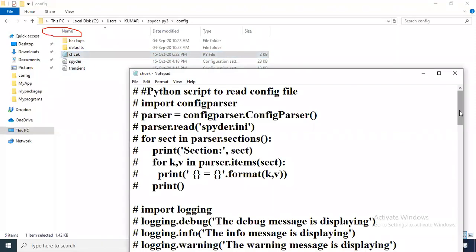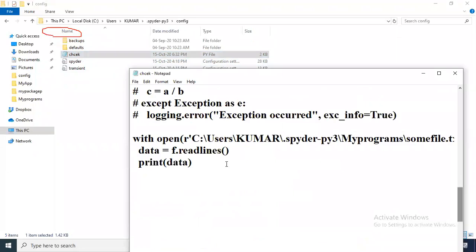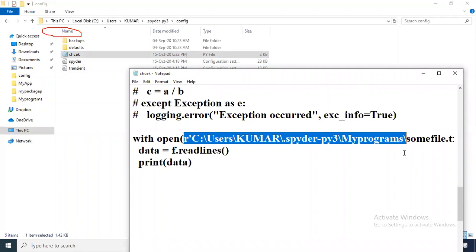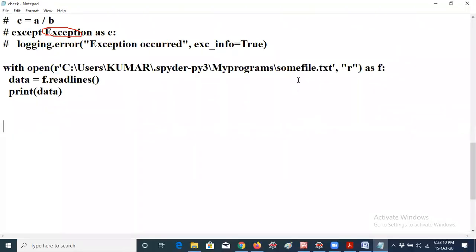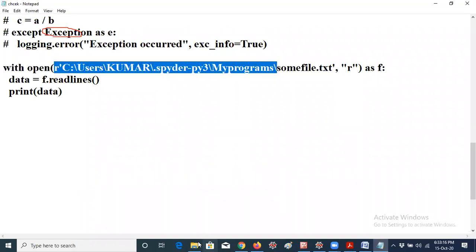This is the file actually. So I'm running the code from here onwards. That's the reason I have given the full path for some file. Here I have to give where the some file.txt file exists in our local directory. I have to specify all these things like that. Hope Venkatrao your doubt is clear. That is a very good question actually.